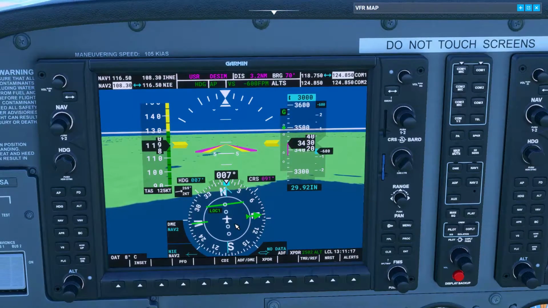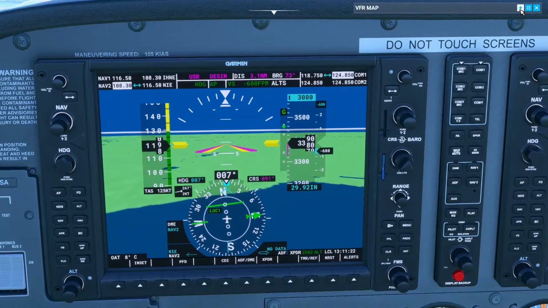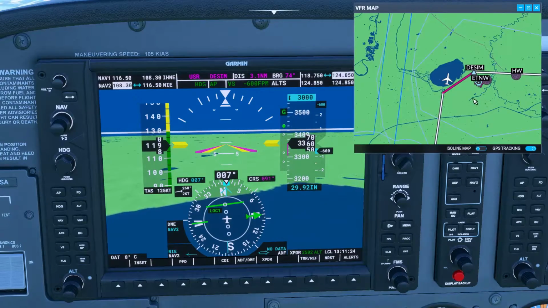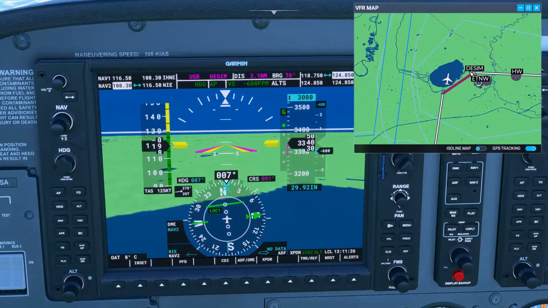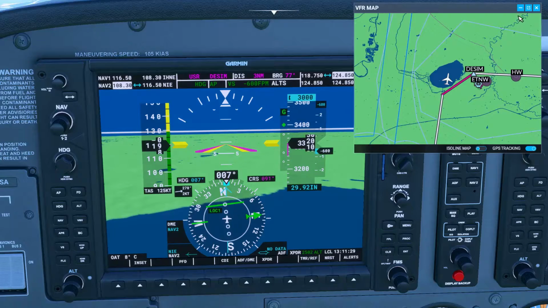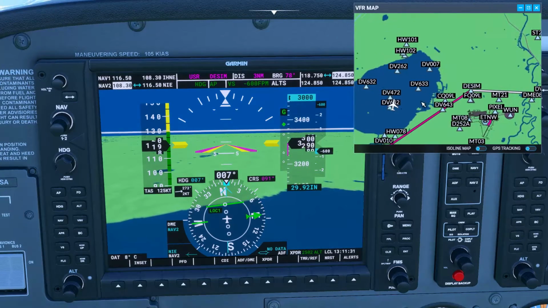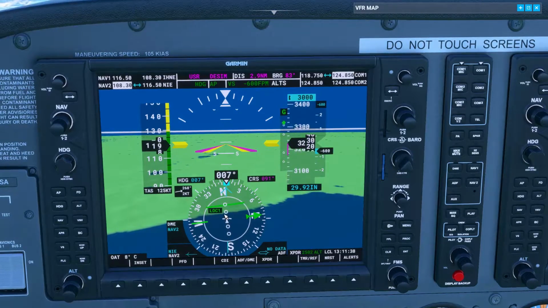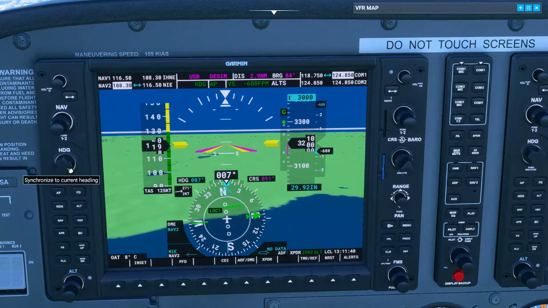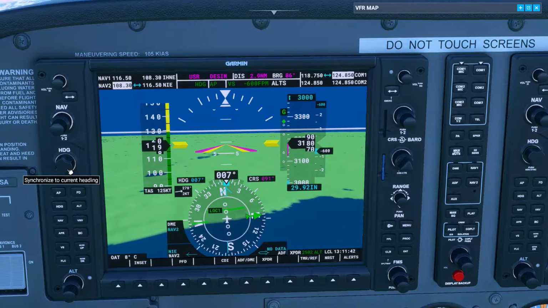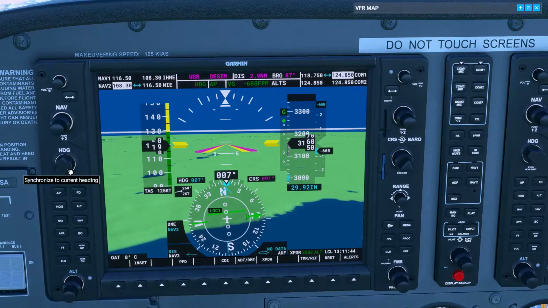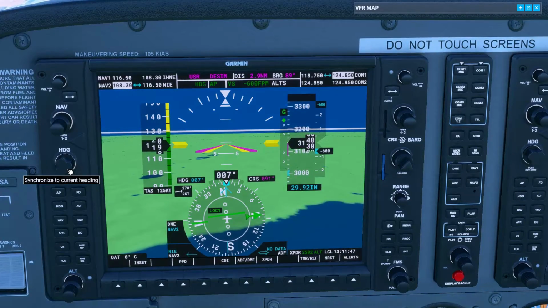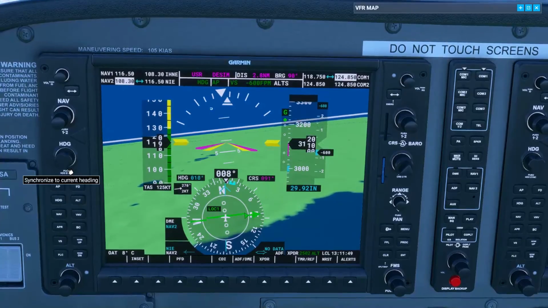Okay, so as you see, that needle is still there, but you will see it will start moving towards here. And if we check the map, just to show you guys where we are, we are very close to Dessin. Okay, we are actually almost ready to make that turn. As you see, the needle started to move, so now we need to keep our hand on the heading bug knob, and as we get close we should start making that turn to